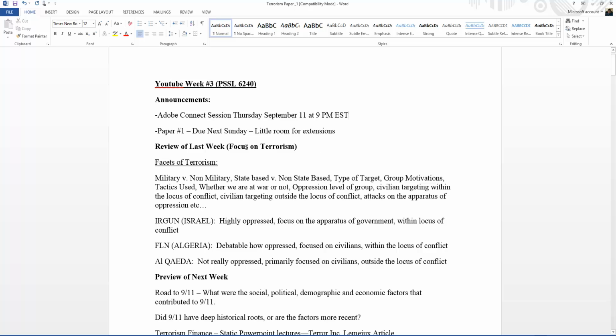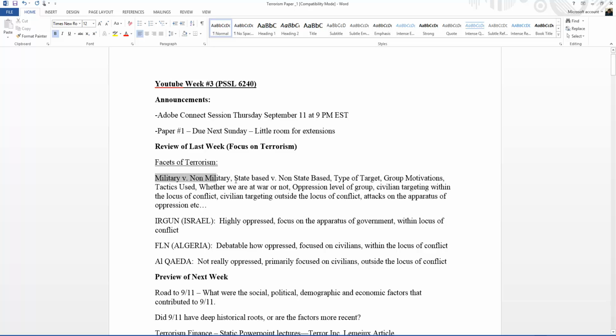So, a review of last week with specific focus on what is terrorism and what is not terrorism. One thing that I want in your paper is to discuss this facets of terrorism piece. What I mean by that is each one of those definitions and each one of those incidents that I talked about last week has a particular facet that determines whether it is or isn't terrorism. Hopefully those fell out in the lecture as well as in the discussion section. Some of the ones that I noticed in the discussion that you could bring up in your paper: